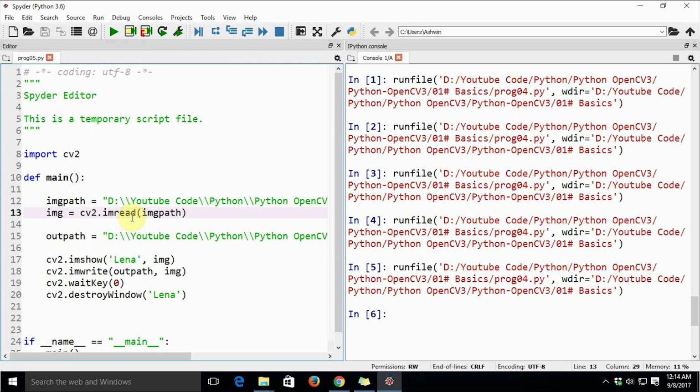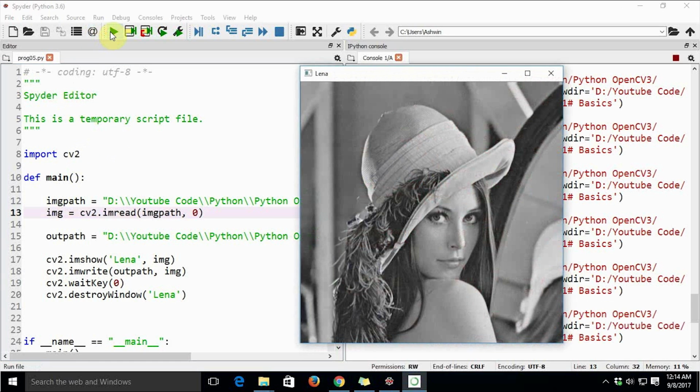In the earlier code we were reading the color image and saving it as a color image. The format was different. So now we are going to read a color image as a grayscale image, and then we are going to save that image as a grayscale image. So essentially we are converting a color image into a grayscale image and saving that grayscale image to disk. So let us see how this works.